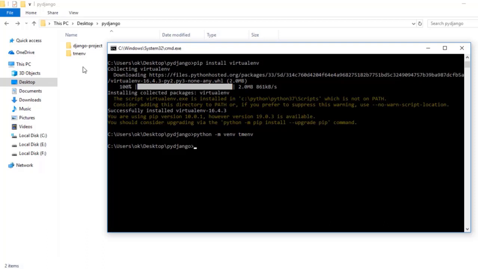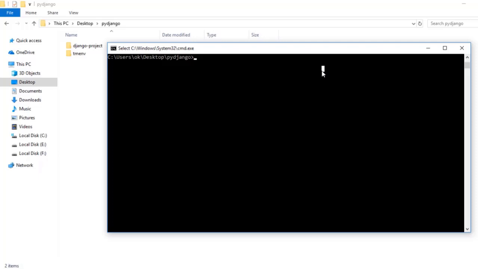Now once that is done, you have to activate it, so our system recognizes that we are currently in this isolation mode. So I would be using my virtual environment folder. Then I need to go to Scripts. Remember, you can use tab to autocomplete. And then I need to work with activate, and then press enter. So now you can see we have activated our virtual environment. Whenever you are going to work with your command prompt or your terminal regarding this particular Django project, you need to activate your virtual environment.